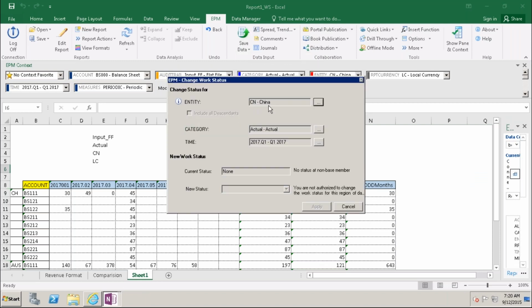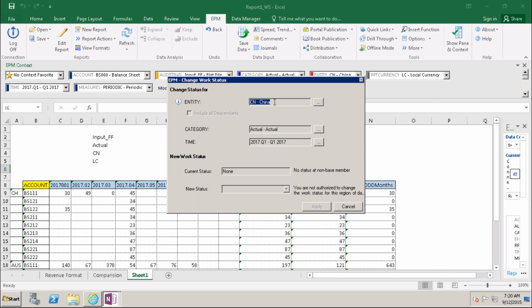This is China. Presently he doesn't have access. China actual, whatever may be here, you can take months or quarters. There is no quarter here; we can take month or quarters also. For that, I am taking this China region.